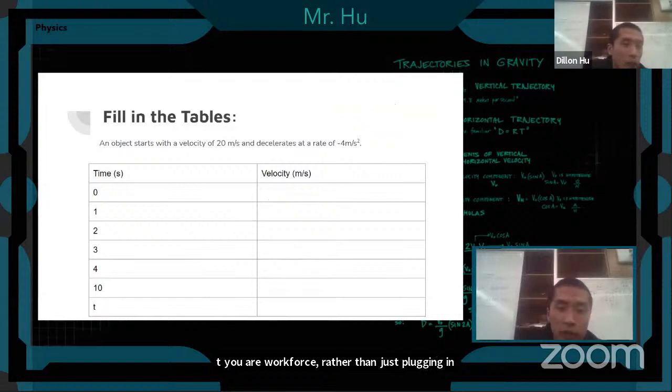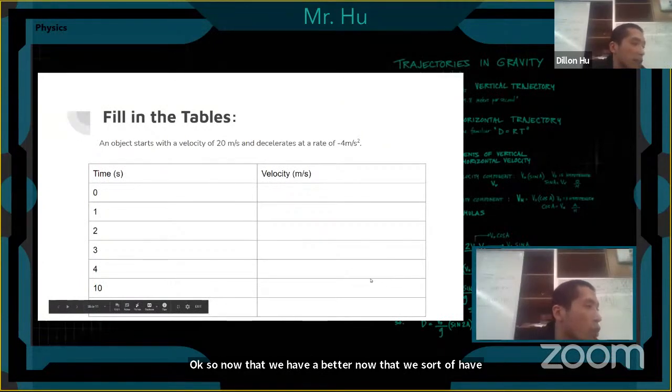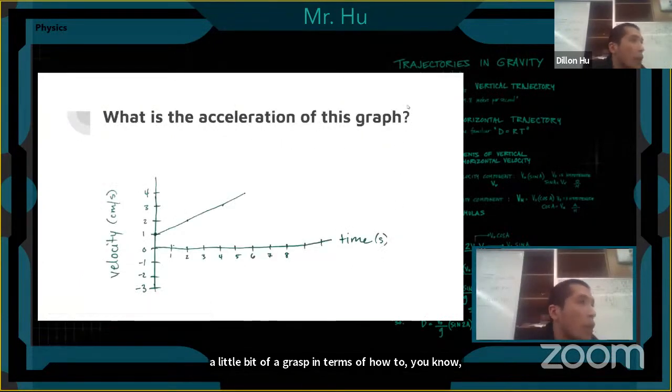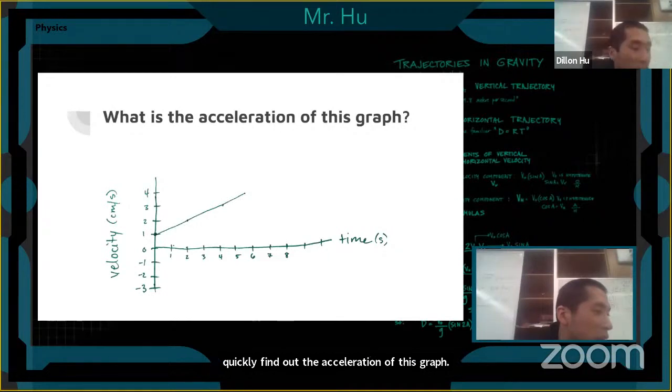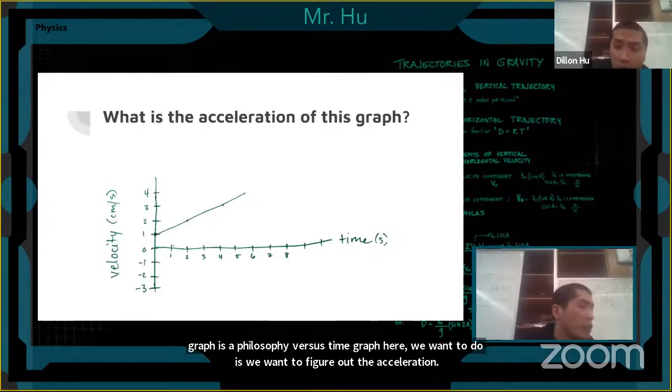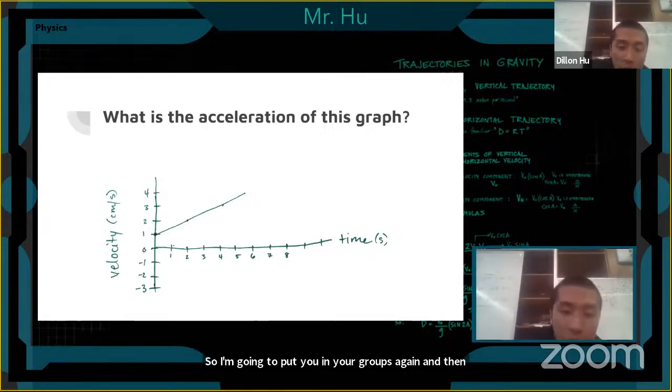Okay, so now that we have a little bit of a grasp of how to work with acceleration numbers, I want you to quickly find the acceleration of this graph. This graph is a velocity versus time graph, and we want to figure out the acceleration. So I'm going to put you in your groups again, and we're going to take a few minutes to see if we can figure out what the acceleration of this graph might be. Remember, this is a velocity versus time graph, so we want to use that knowledge to try to figure out